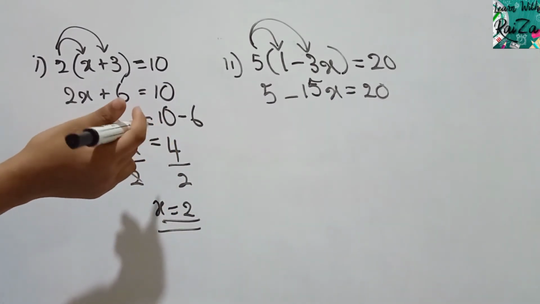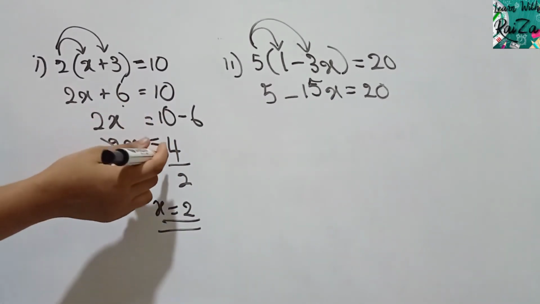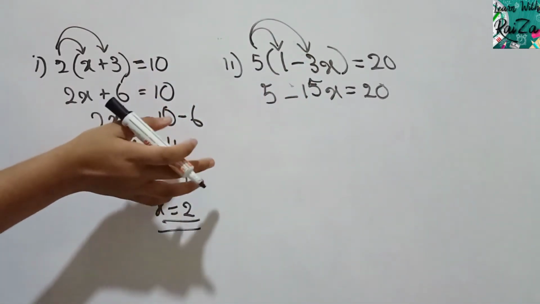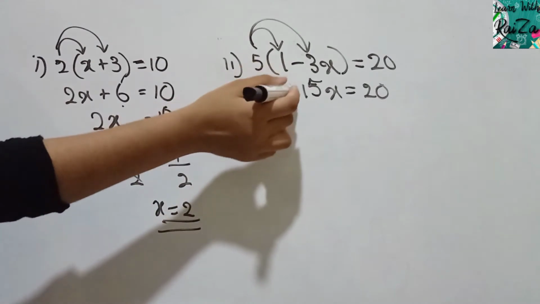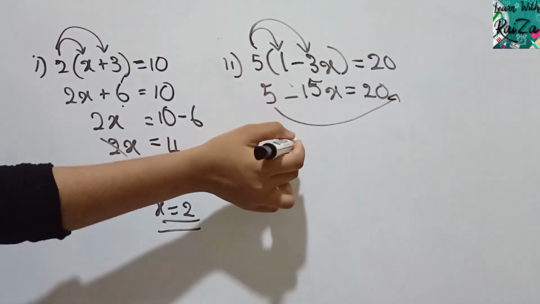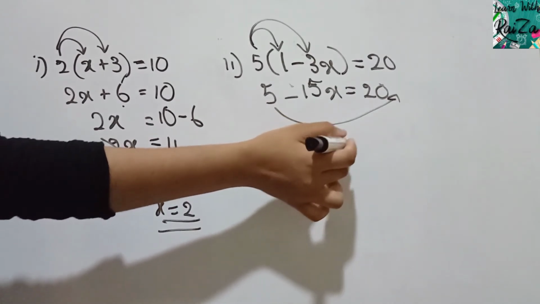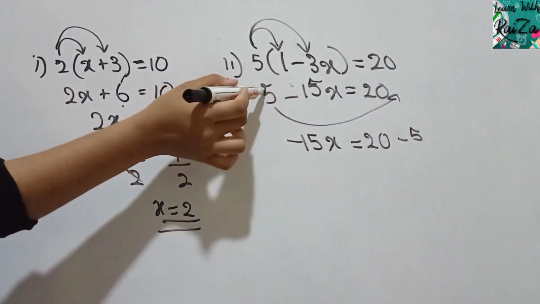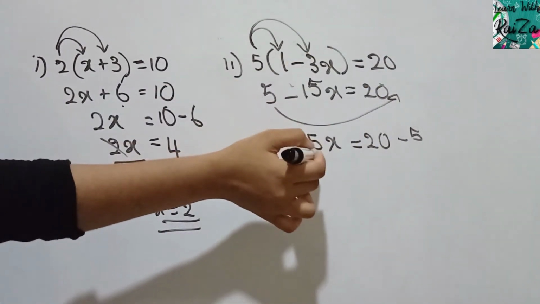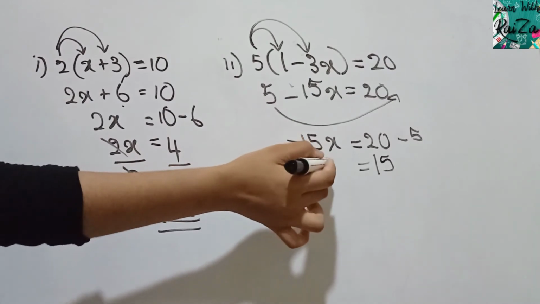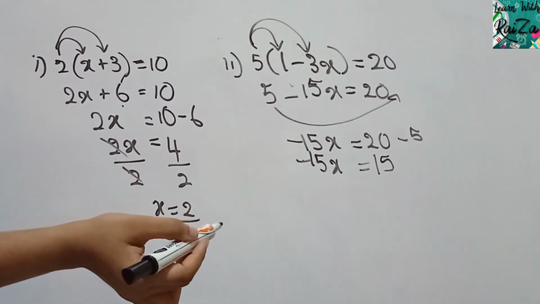If you don't like negative, what you have to do is a very simple work. You can carry to the other side, or else we can just continue in this manner, leaving negative 15x this side. This positive 5 you can take it there. So negative 15x is equal to 20 minus 5. How did minus 5 come? The positive 5 came there. So 20 minus 5 is 15, negative 15x. Some children forget to put the negative mark, so don't do that.